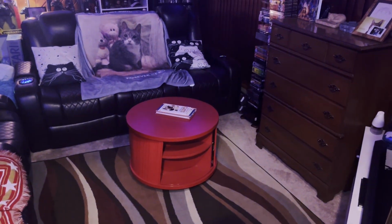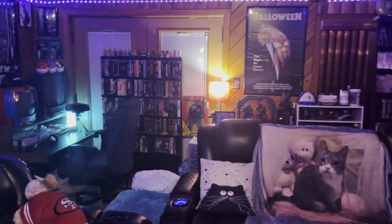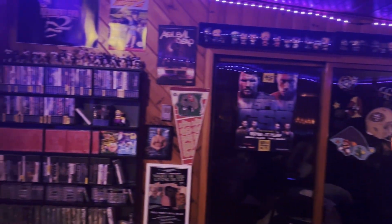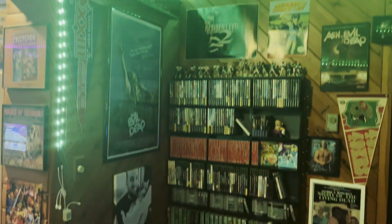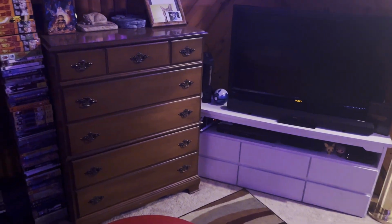And here we are. Not much gaming actually goes down back here, to be honest with you. It's mostly just chilling, watching football and movies and stuff, but obviously I still have some gaming setups going on. Some stuff is a little under construction, but for example, I'm upgrading my TV soon, and I swapped around some of the stuff that you see there, actually today, as of the day of me doing this voiceover, but